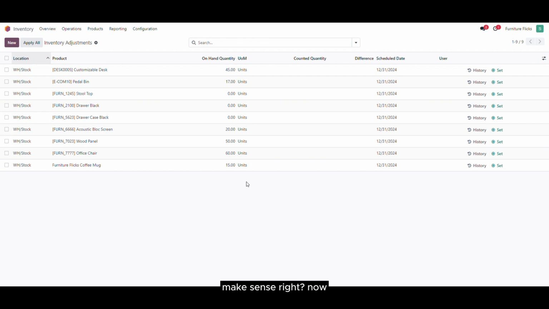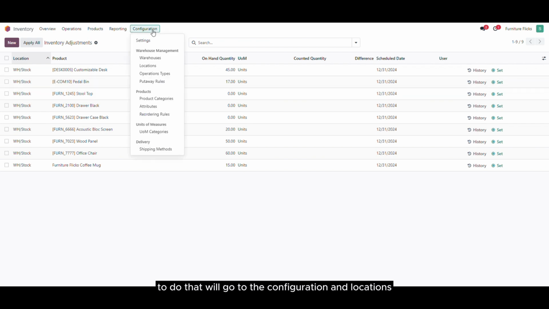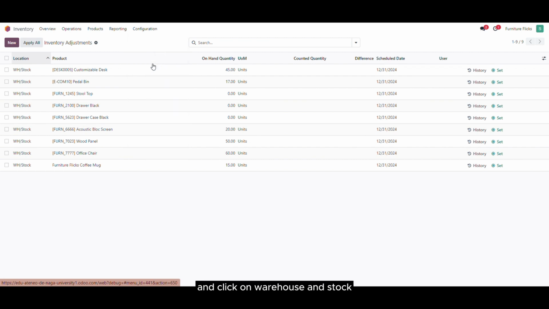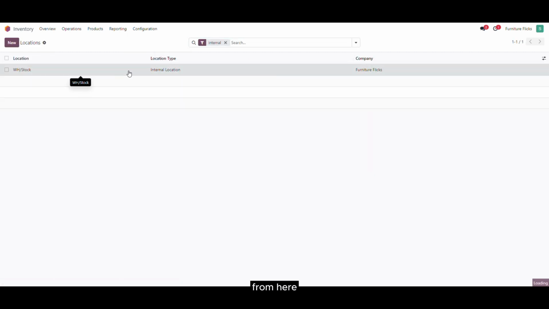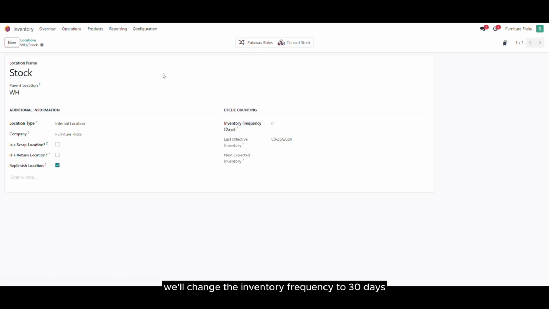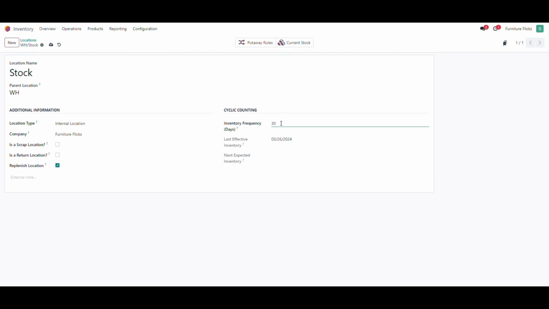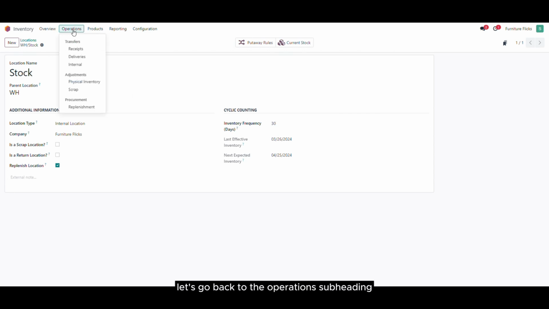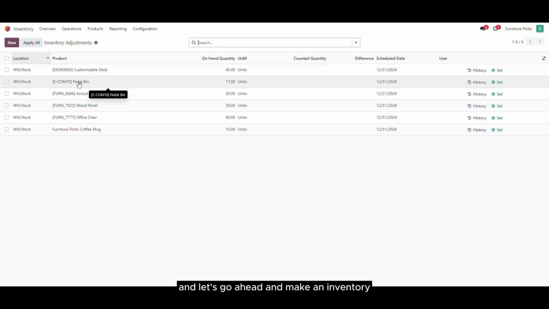Makes sense, right? Now, let's say we want to set up a cycle count for our products in a warehouse/stock. To do that, we'll go to the Configuration and Locations and click on Warehouse and Stock. From here, we'll change the inventory frequency to 30 days. Great! Now, let's go back to the Operations subheading and click on Physical Inventory,